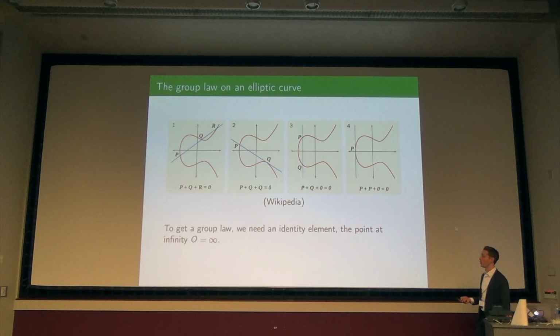But once I add that point, which is alternatively written O, or infinity, or 0, I apologize for the multiple notations, but they all have different ways of thinking about it. It's a little weird to say P plus infinity equals P. So sometimes people want to write P plus O, but O is also used in other ways. But it's at infinity. Okay. Anyway, it's the identity element, so we could call it whatever we want.